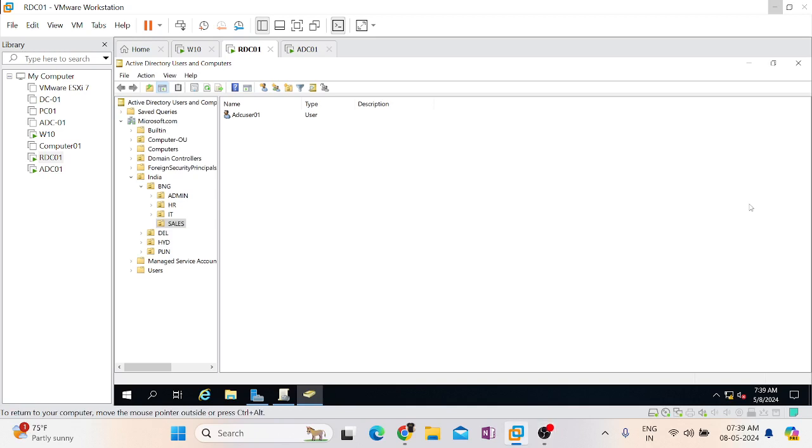So today we are going to learn the continuation of group policies. Okay, we will continue with respect to the group policy. Yesterday we learned about the basics of group policies, like we understood what is a group policy and how many